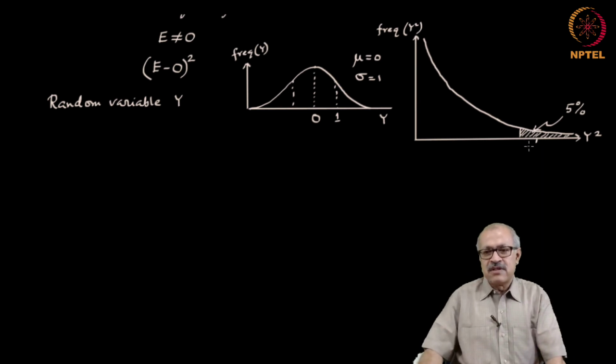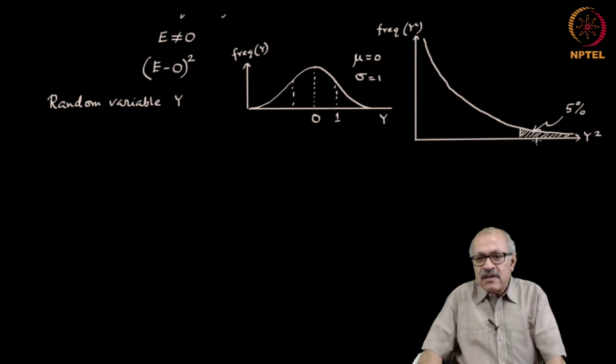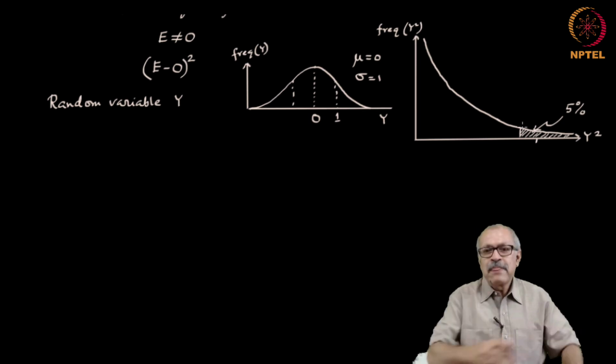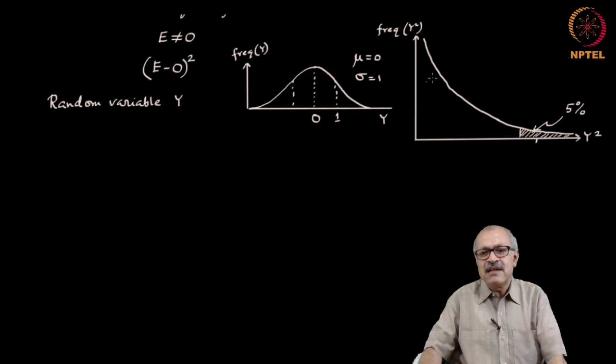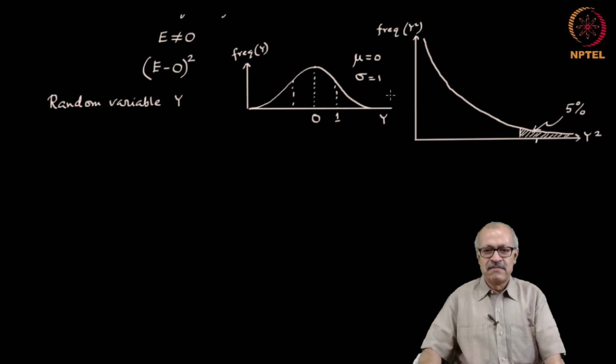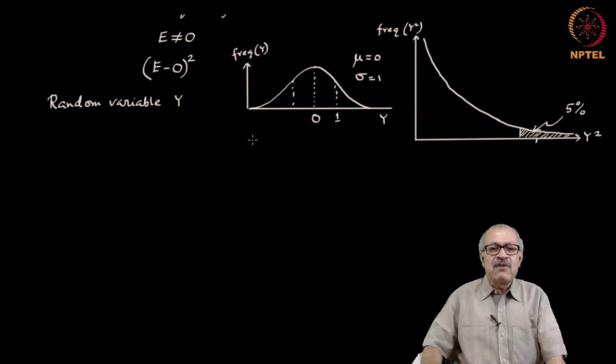We have a situation where we have this character of a random variable. This you do not have to plot, because some people have already plotted it and have calculated the areas under the curve. So, beyond some particular value of chi-square, how much is the area? Beyond another particular value of chi-square, how much is the area? All these are actually tabulated in the chi-square table.